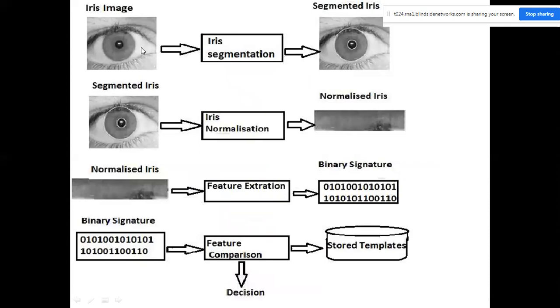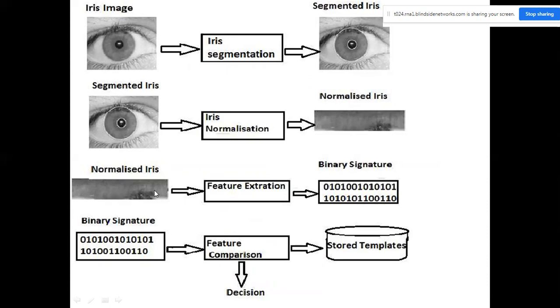So what are we doing in the iris segmentation? This is the whole eye image. We need to take only this portion and inside the portion. Two portions we need to take. After segmentation, we need to convert to normalization. Then after normalization, we need to convert it to a binary signature.